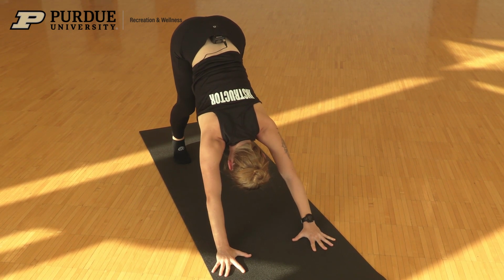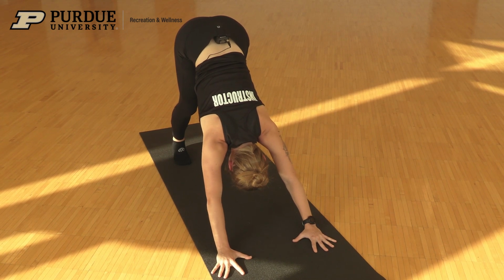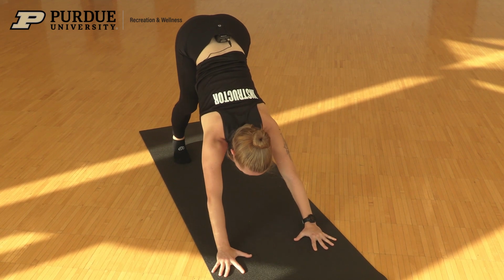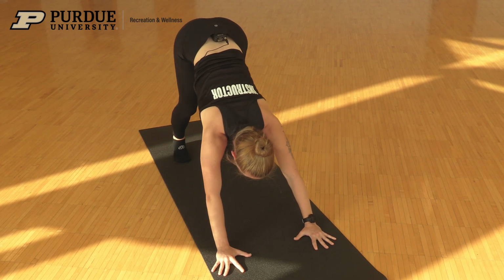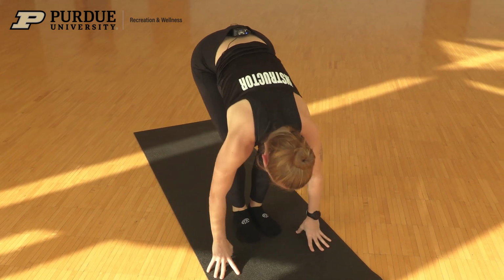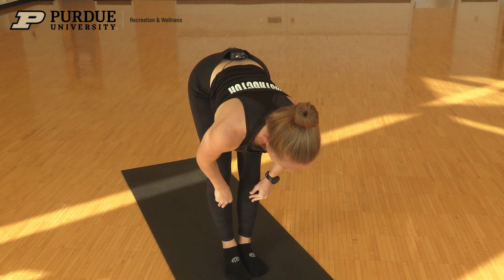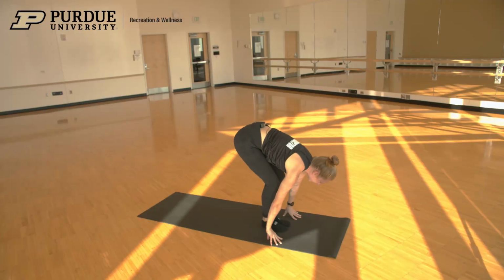One more inhale. Exhale, we are going to move through 3 rounds of a variation of a sun salutation. We'll start with chair pose. Step your feet to your hands. Inhale, halfway lift. Exhale, forward fold. Chair pose,